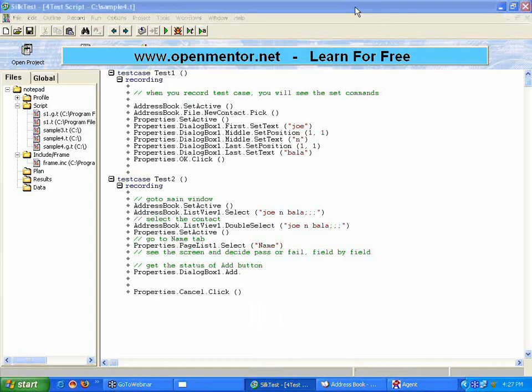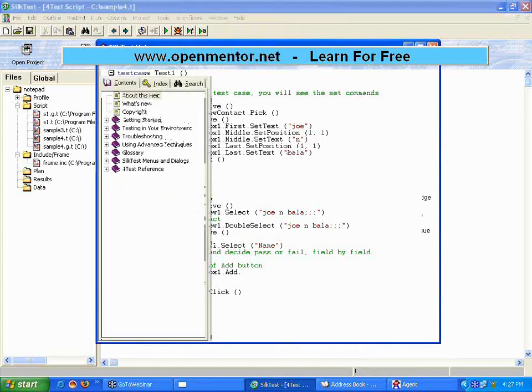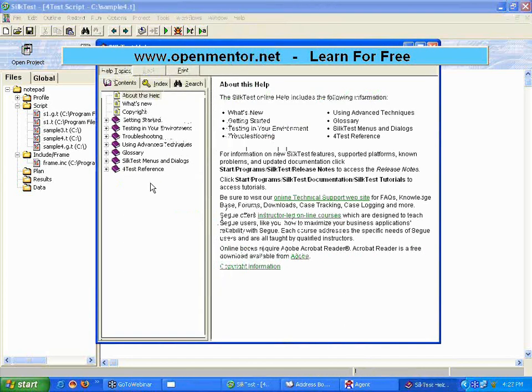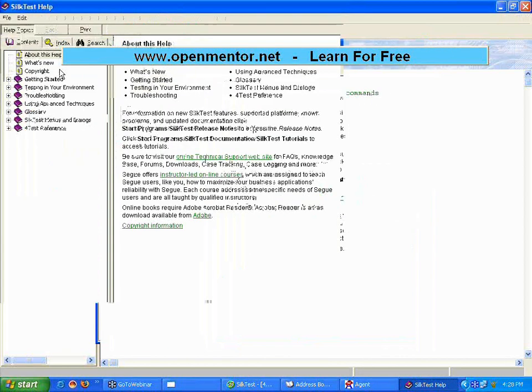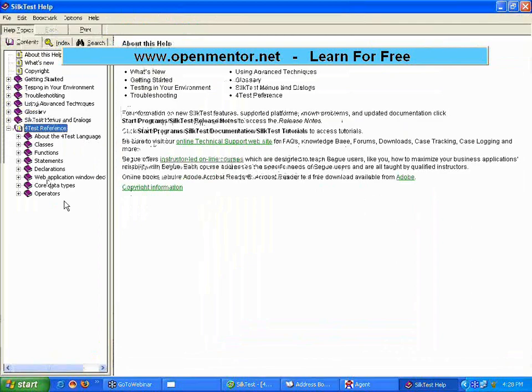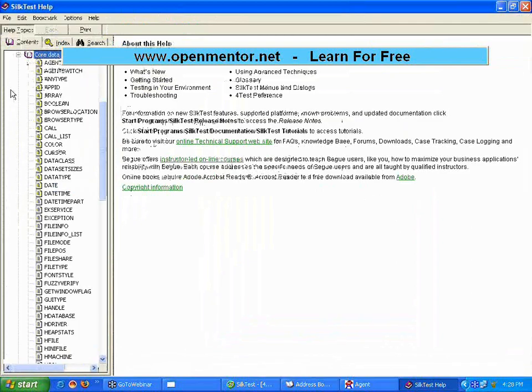To understand this better, just watch. This is very, very important. If you are able to get this concept very clear in SilkTest, everything is easy. Please be very attentive. Now I go to the help topics. I want to know the state of the button, whether it is enabled or disabled status, okay? Under the help object, you go to the 4Test reference. Under the 4Test reference, there is something called